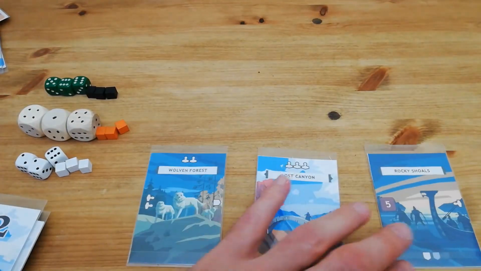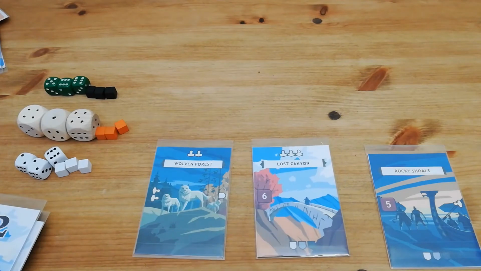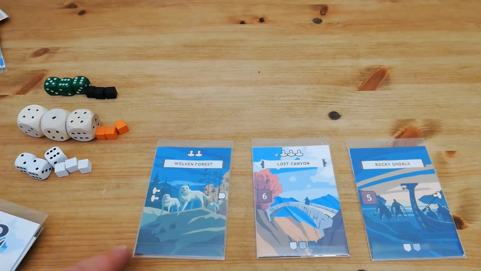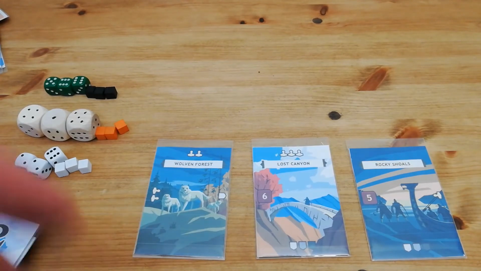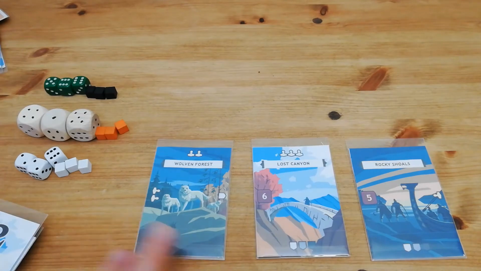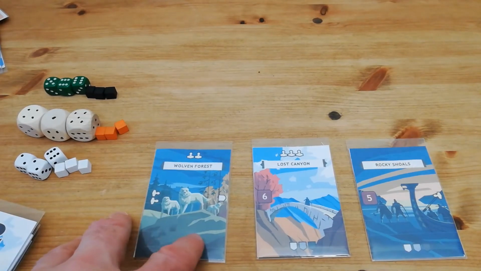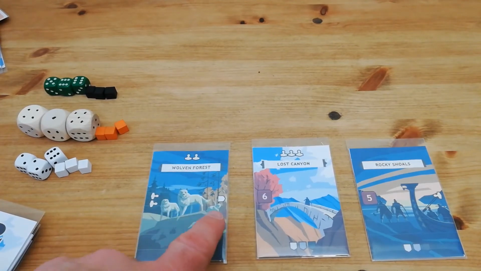Okay, we have the Woven Forest, the Lost Canyon, and the Rocky Shoals. The artwork is very good. I mean, particularly for what was for me a free game, the artwork's very good. Adds a nice touch to it, even though, as I mentioned, this could just be blank pieces of paper, really. Anyway, so what we have is this